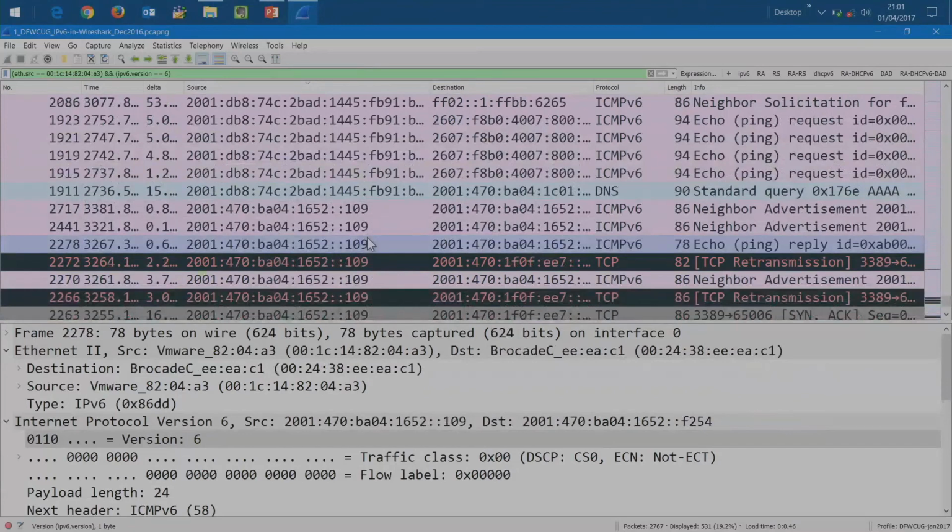So this validates the reported problem of intermittent, of sometimes working and sometimes not working, because sometimes it's got a real V6 address, and sometimes it's got a bad V6 address.